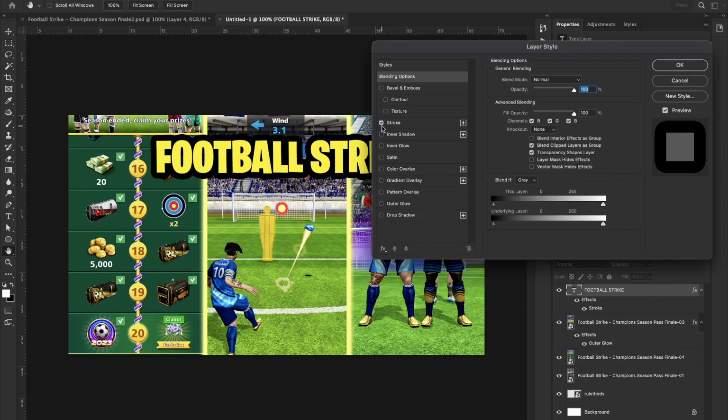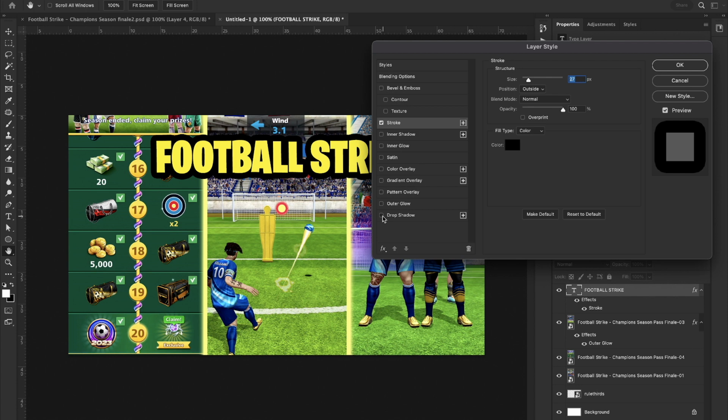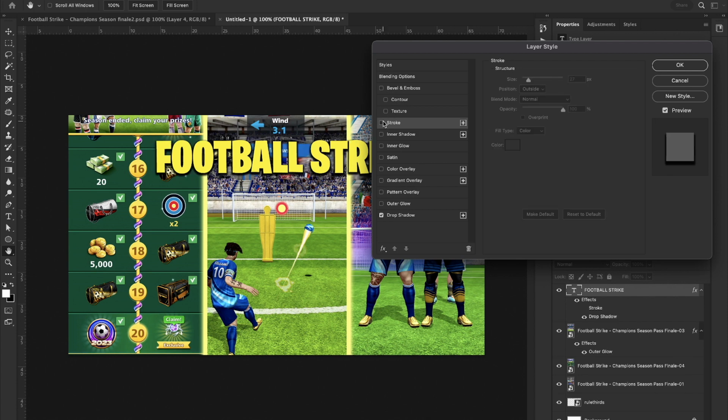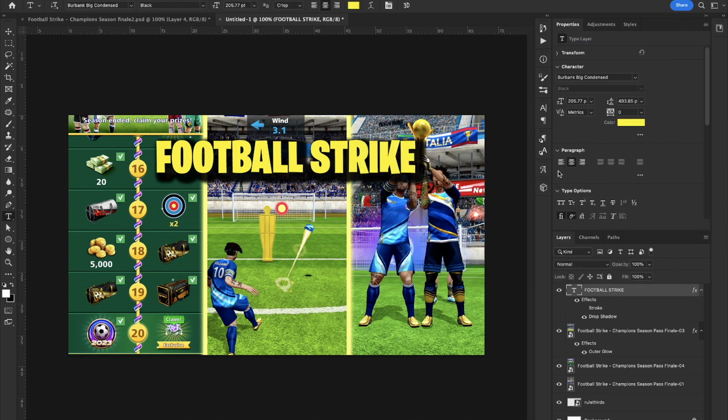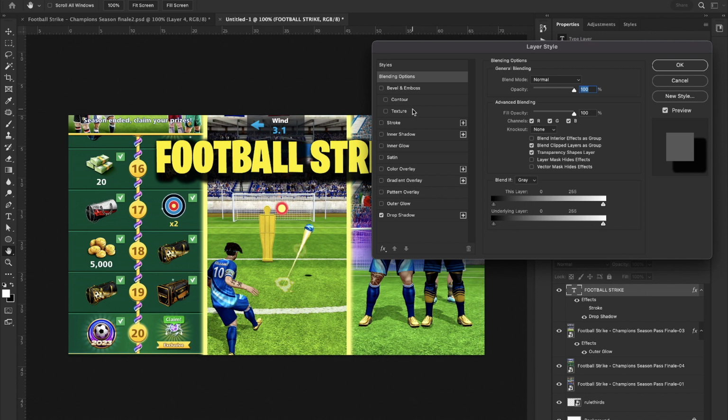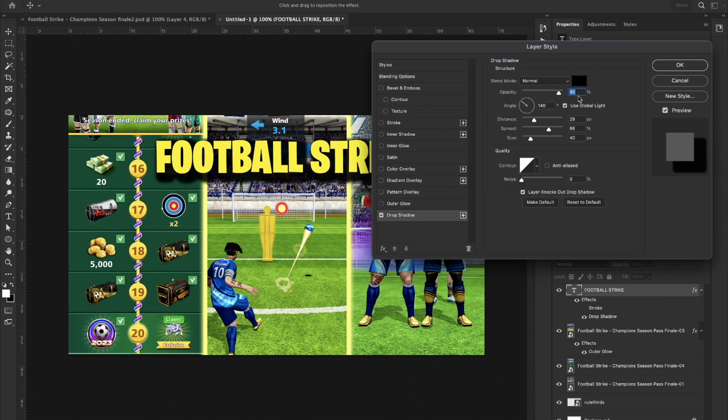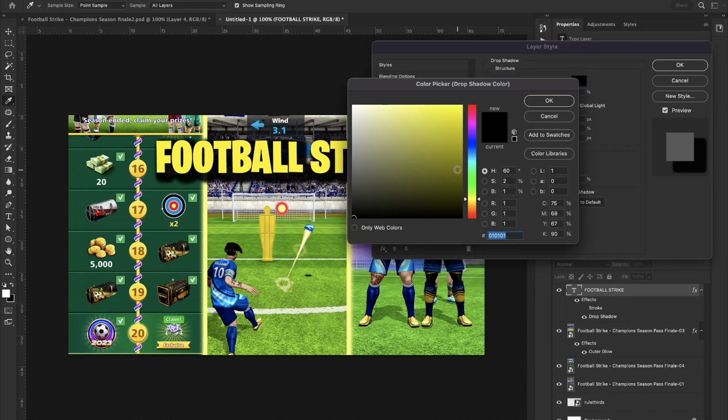Or if I want a drop shadow, I can take the stroke away and see how the drop shadow looks. Just adjust the distance, the spread, the size, and you can do the angle as well. So if I like it like that, then this might be one that I like. But the black shadow, I can change that if I don't want a black shadow. I could change it to